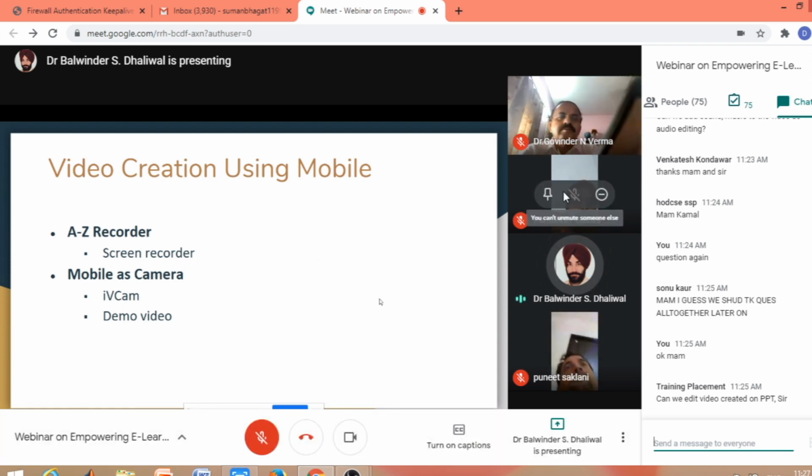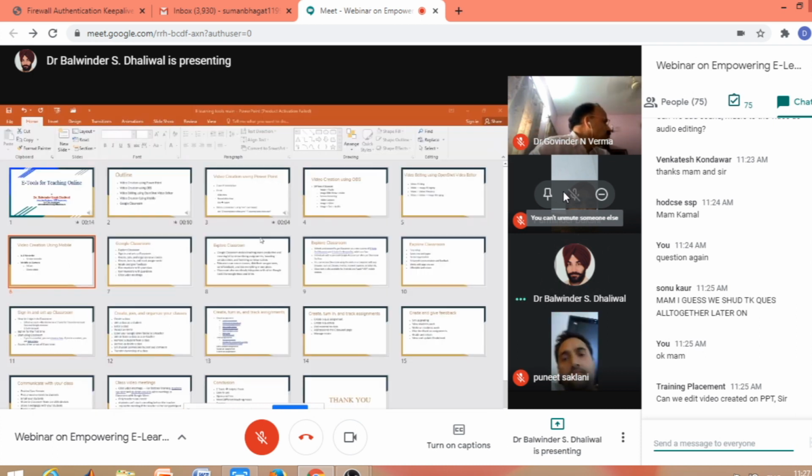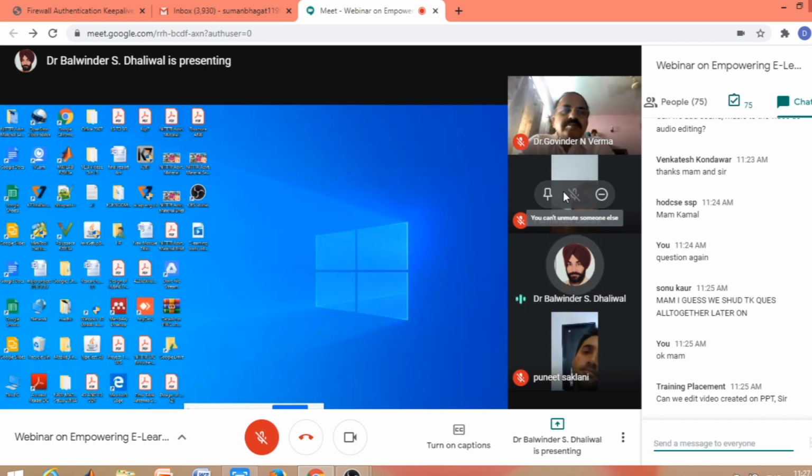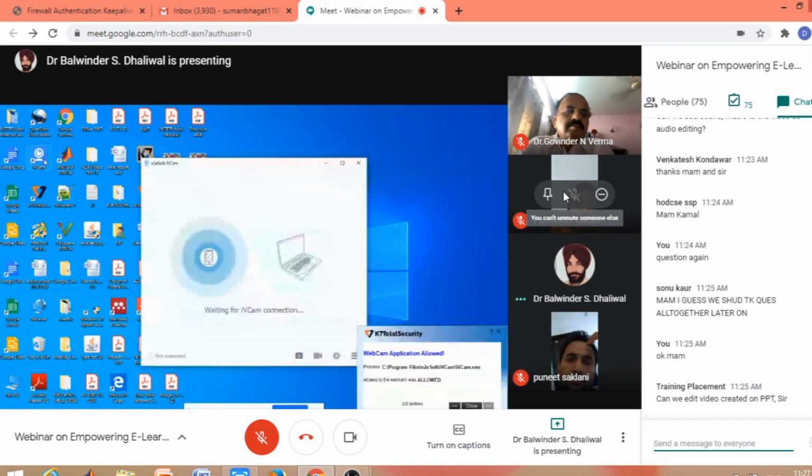We need to install IV Cam on our mobile, and also download the IV Cam client on our system. Let me show this from the system only. I have downloaded IV Cam onto my system. So this is IV Cam.